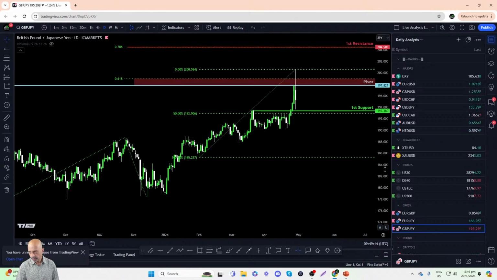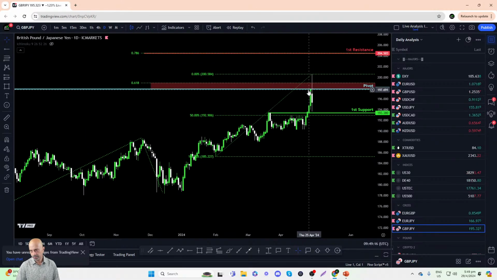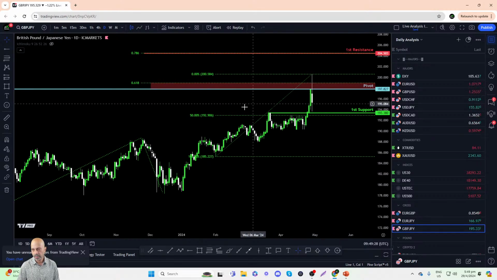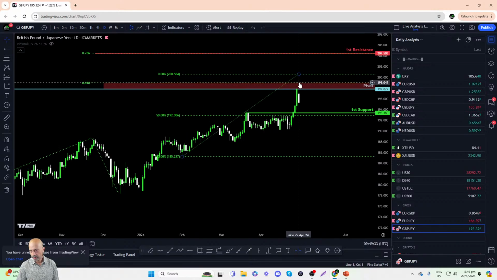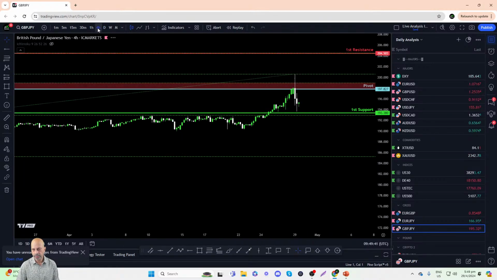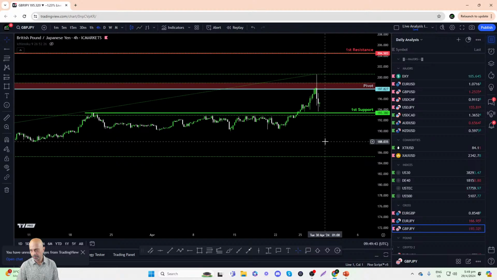Right. So we can see here, the Japanese yen has actually declined very significantly in 2024, right? So that means if the yen is declining or becoming weaker, then of course currency pairs like the dollar yen and all the yen crosses are climbing higher as well, right? So we can see now, although pound yen did spike above 200 earlier today, it then reversed to drop quite sharply. So let's see if we can fine-tune the analysis on the 4-hour time frame.